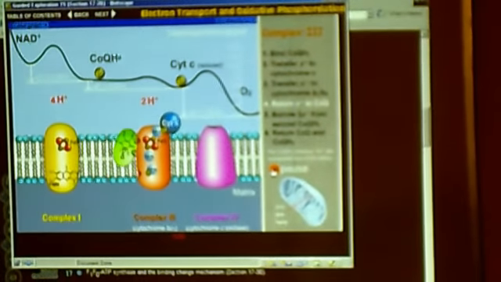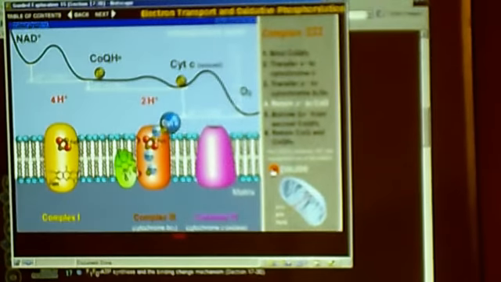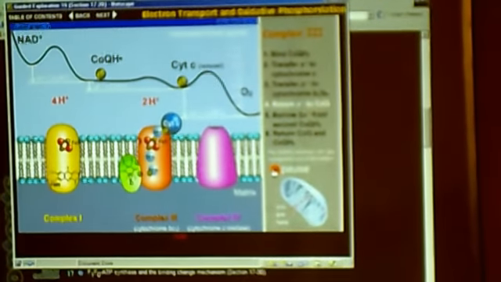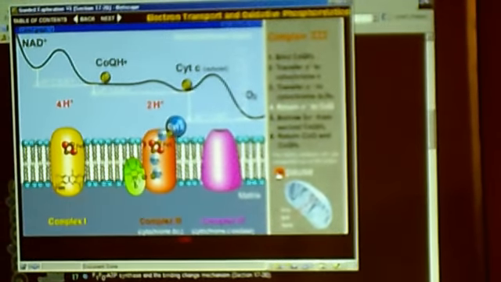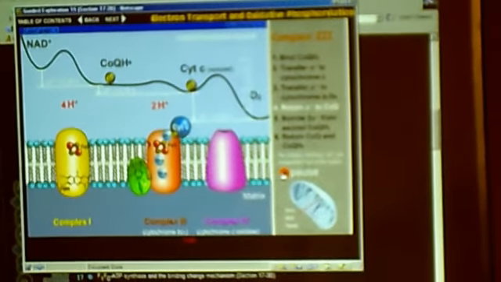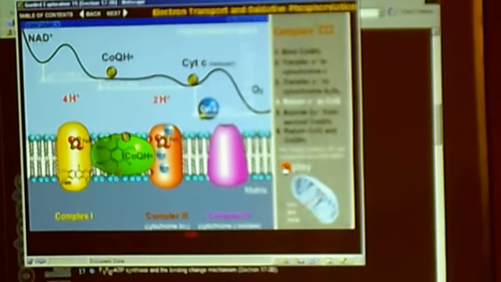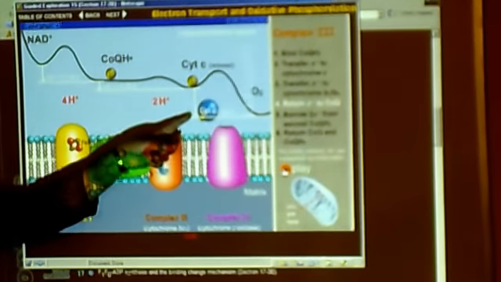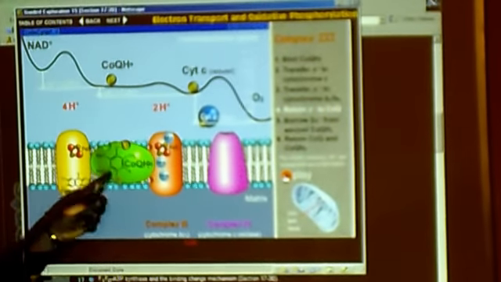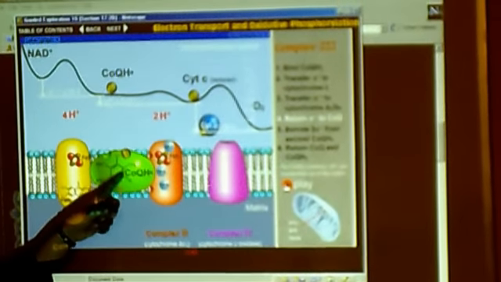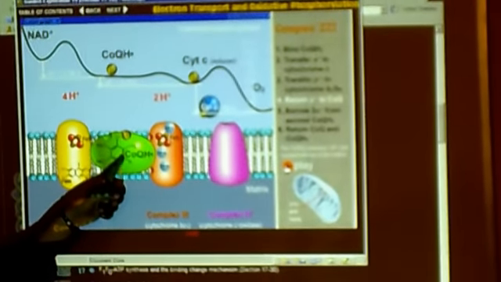The oxidized coenzyme Q now diffuses to a binding site of the complex 3 near the vacant side of the membrane, where the sequestered electron is returned, producing the radical form of coenzyme Q. Okay, so one electron has been transferred, and one electron which was with it has again returned back to coenzyme Q. Yeah, it happens.